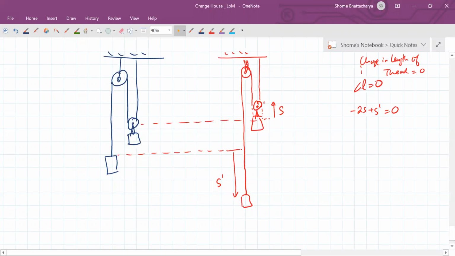So on this side you can see that s plus s, so minus 2s है ना, 2s amount कम हो गया string का length compared to this diagram. So on this side it has to increase by this, so you can see that s prime has to be 2s. So if this is the block B, this is the block A, that means A's downward displacement has to be 2 times B's upward displacement. So this is a much simpler way of analyzing the same data. Okay, but because we are learning these things, I explained the whole thing in detail first. Is this clear?